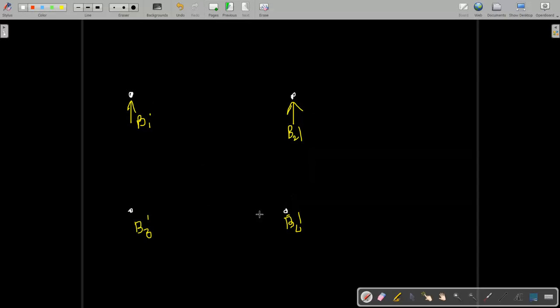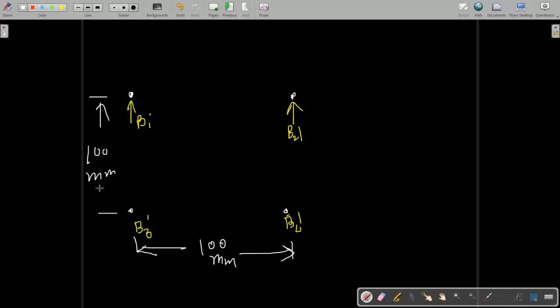Find out the CG of this bolt system, and the center distance is given as 100 mm in the question, and here again the horizontal center distance is given as 100 mm. So what would be the center? Here the coordinates of the center, if you take this B3 bolt as 0, 0, so this is 50 comma 50, this is your CG.